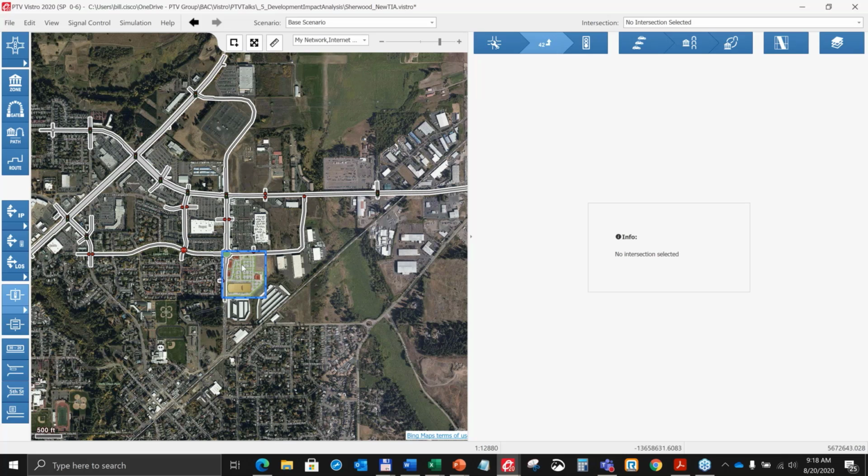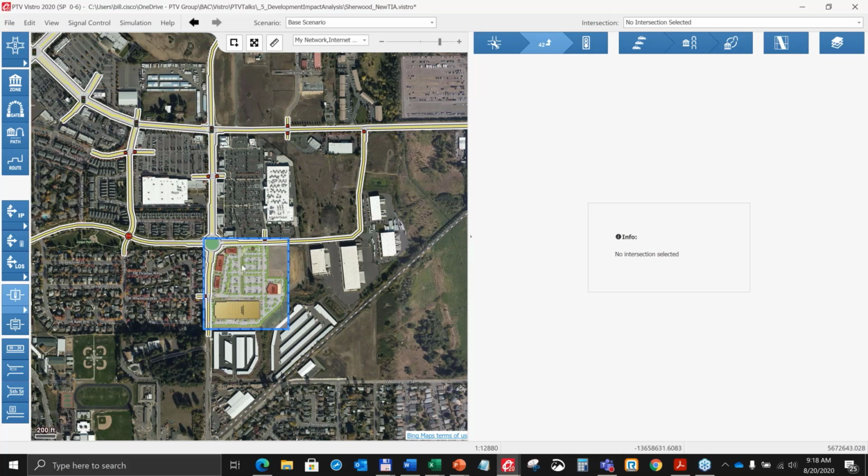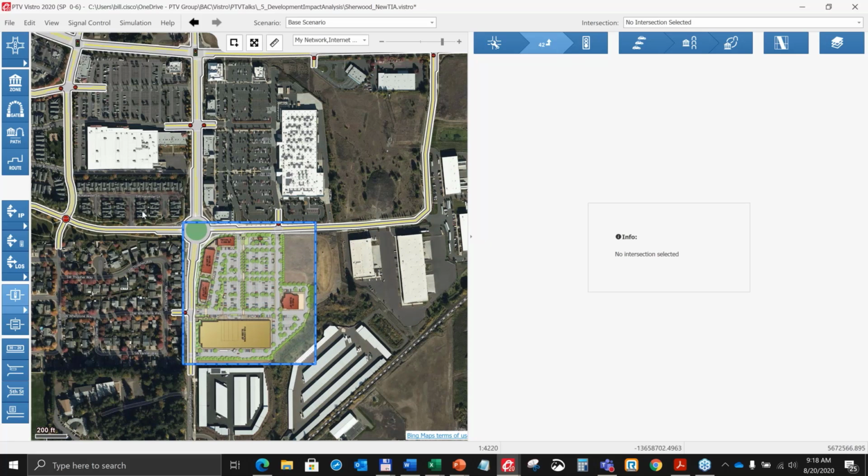So in this case, just to make it pretty straightforward, I'm going to go ahead and add a zone for the fund center. So to do that, I click the zone tool, and then I come in, and if I have a background image, I have to